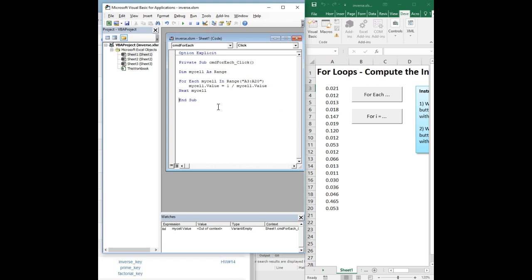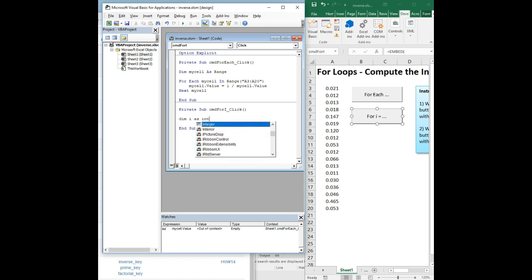Now let's do the same thing, or solve the same problem, using a for I equals loop. Go back to design mode, and I'm going to double click on this button right here. So now we are going to solve the same problem. Instead of using the for each loop, we're going to use a for I equals loop. So we're going to dimension I as integer,